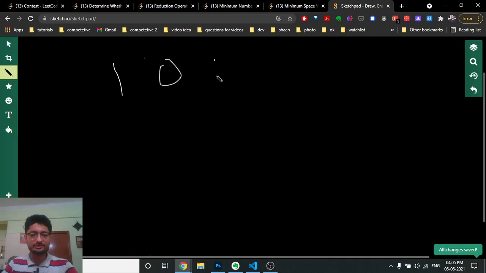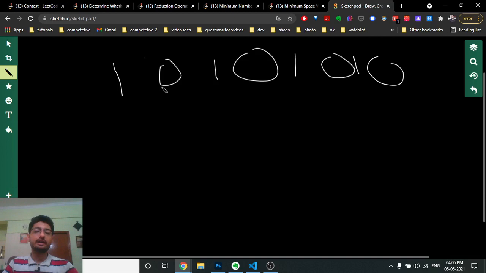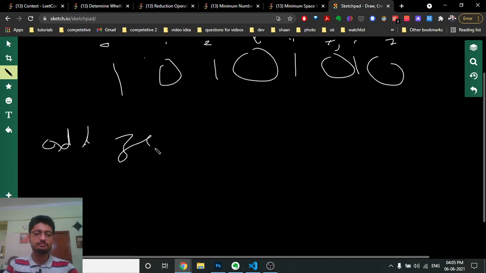if you want to make anything like 1 0 1 0 1 0, these are the indexes 1 2 3 4 5 6 7. As you can see, at every odd index there is a 0, and at every even index there is a 1. And if you do the opposite way, which is 0 1 0 1 0 1, all the zeros are at the even indexes and all the ones are at the odd indexes.